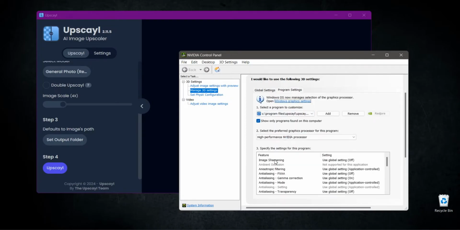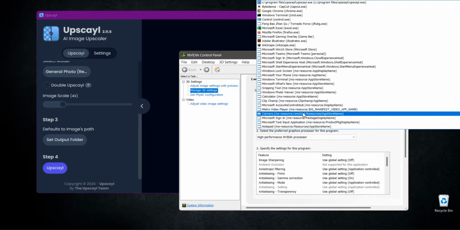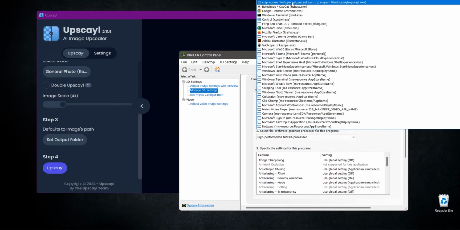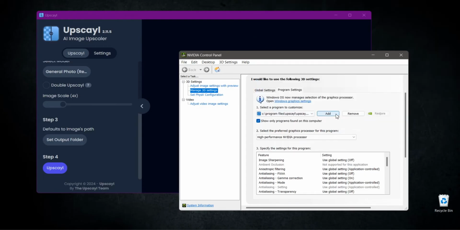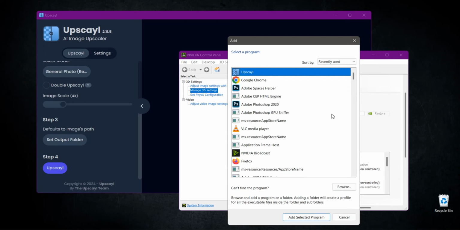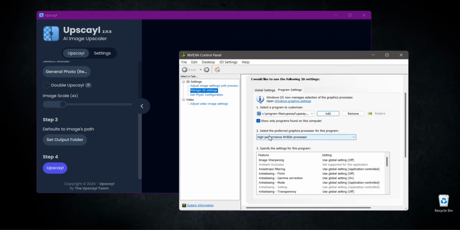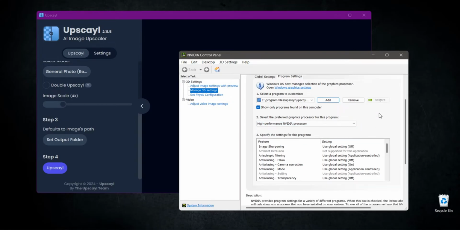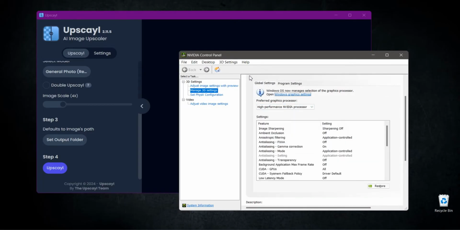In program settings, in the upscale you can select here upscale. You can browse, you can add and browse the upscale. Then I select the high performance NVIDIA processor also. So this is my setting in NVIDIA control panel.